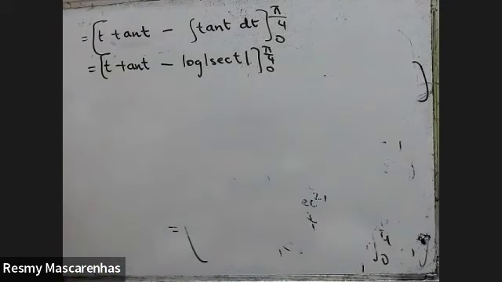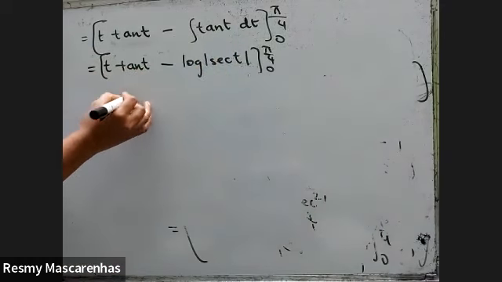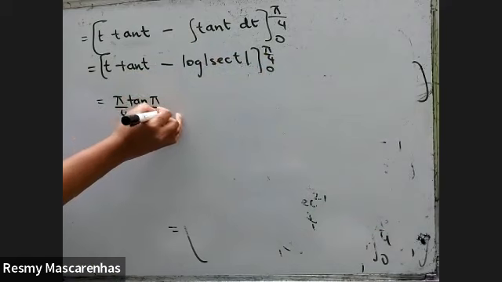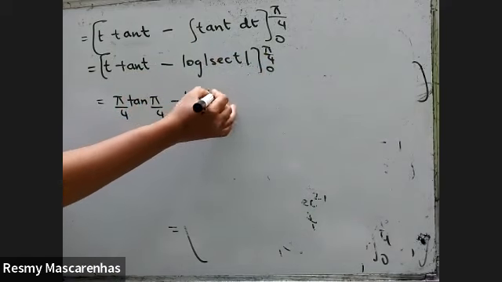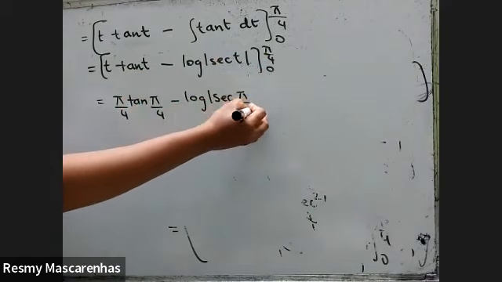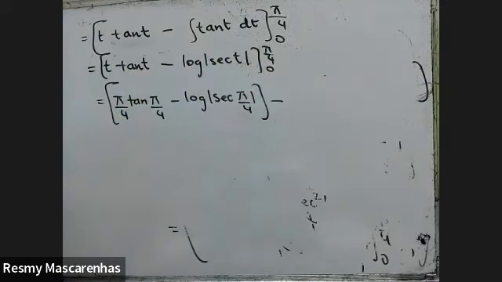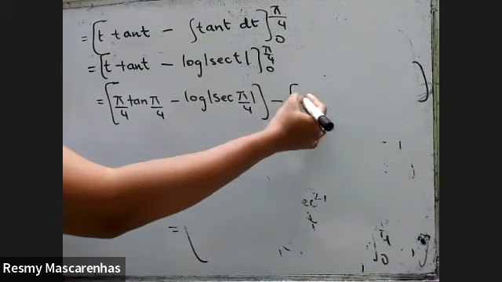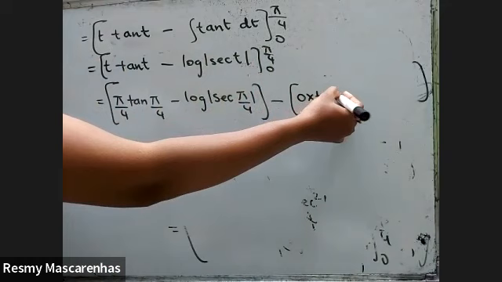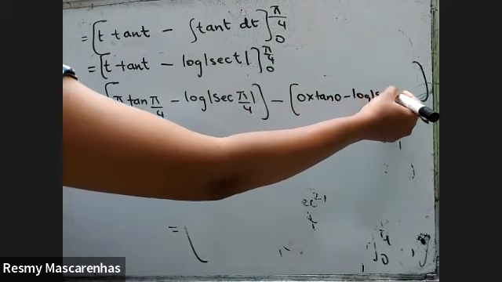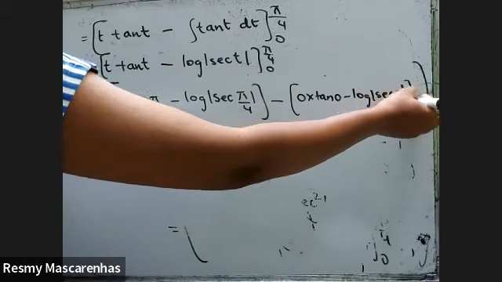And now substitute the limits. Wherever there is t, put pi by 4. This is the first thing. Wherever there is t, I have substituted everything as pi by 4. Now the rest, just put as 0. So 0 into tan 0 will be anyways 0. Sec of 0